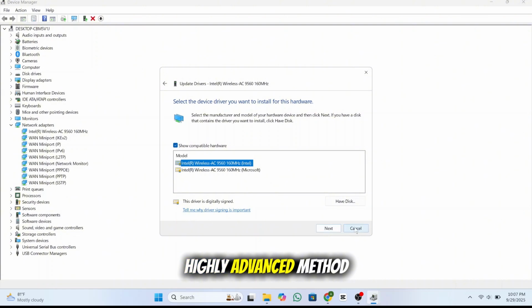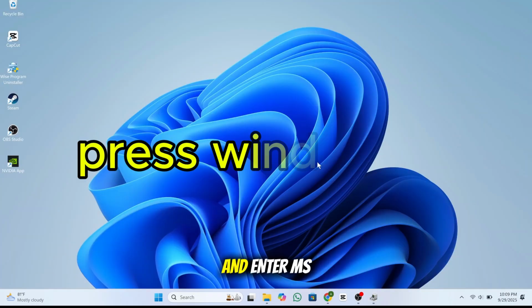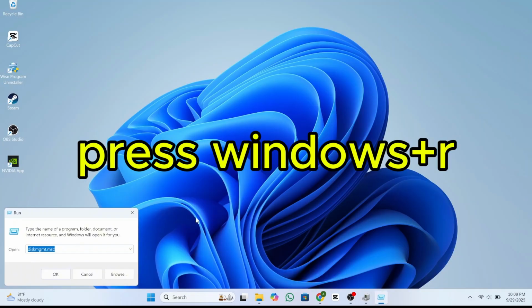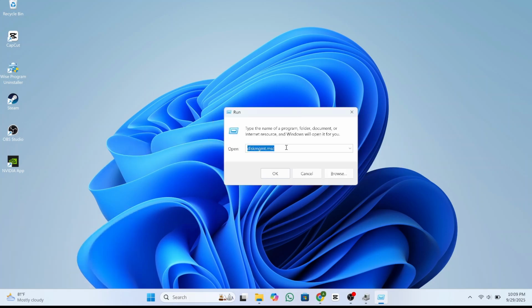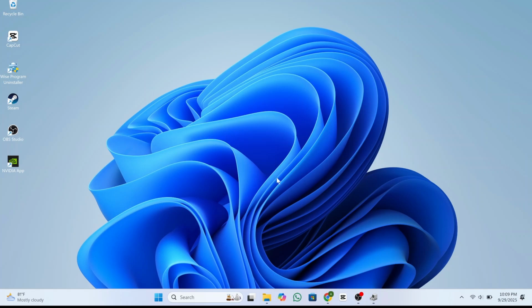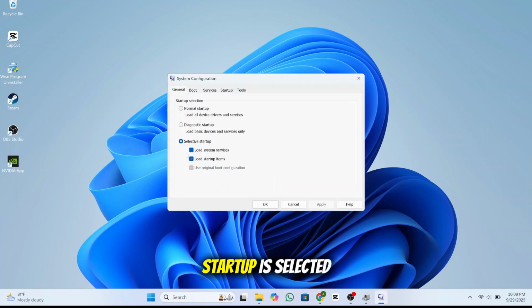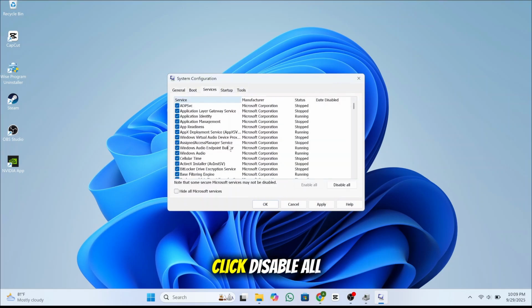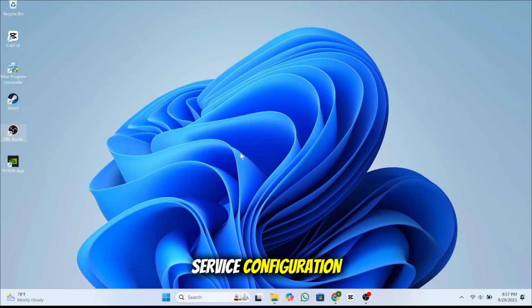Now here's a highly advanced method. Press Start, type Run, and enter msconfig. Under the General tab, make sure Normal Startup is selected. Then under the Services tab, click Disable All, then click Enable All, hit Apply, OK, and Restart. This resets your service configuration while preserving essential drivers, which can fix hidden